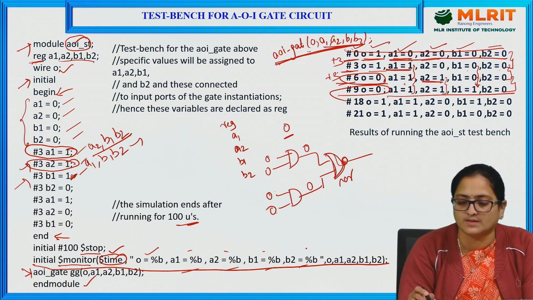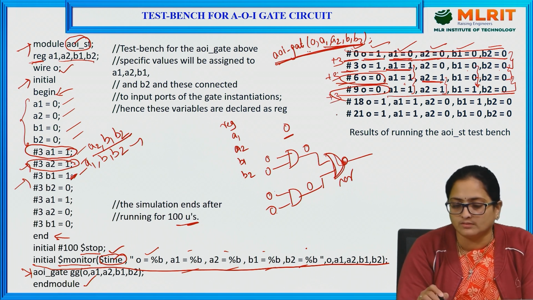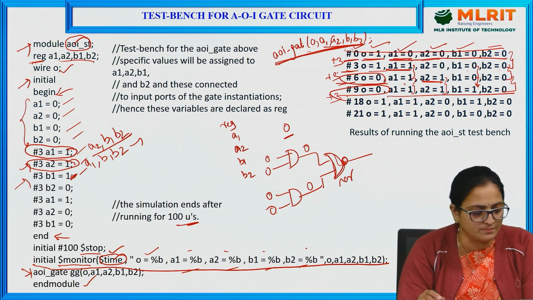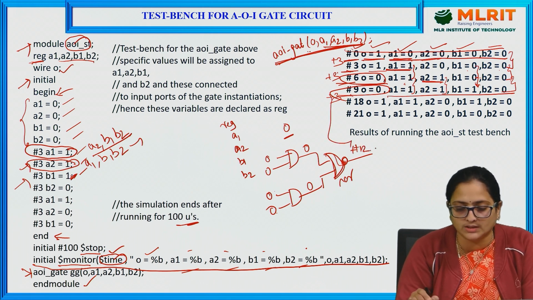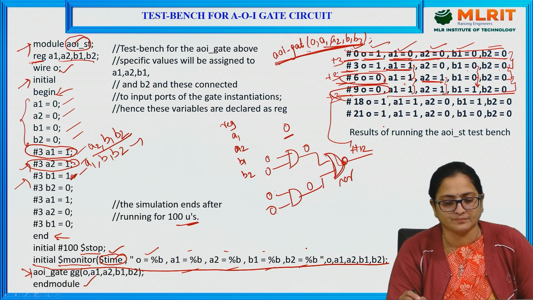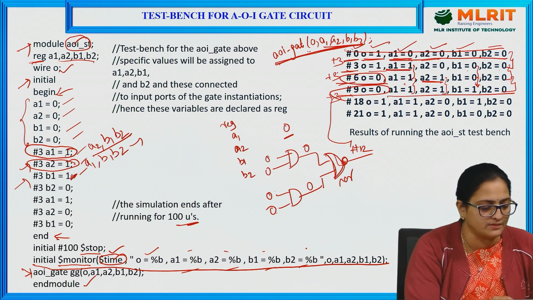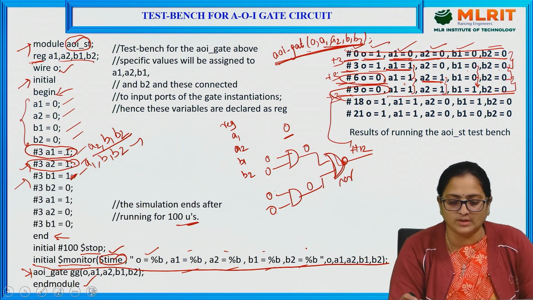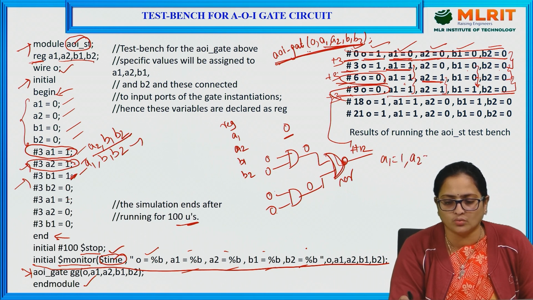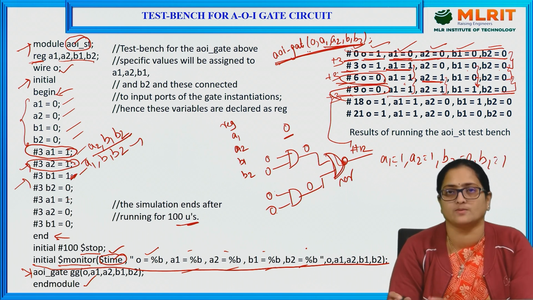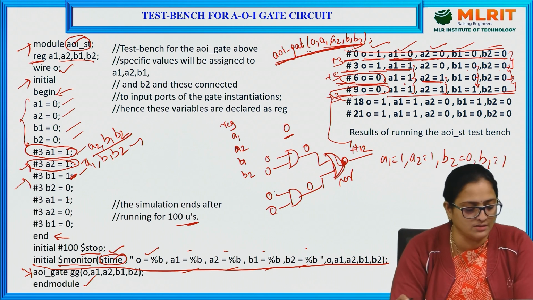Again, after 3 time intervals, that is 9 plus 3, the 12th, here it was missed, I think. At the 12th time interval, again, B2 will be 0. 0 plus 3, 6, 9, 12th time interval, B2 will be changing to 0. That is, A1 will be equal to 1, A2 will be equal to 1, B2 will be 0, B1 will be equal to 0. That is the same iteration which we are considering across the 9th.